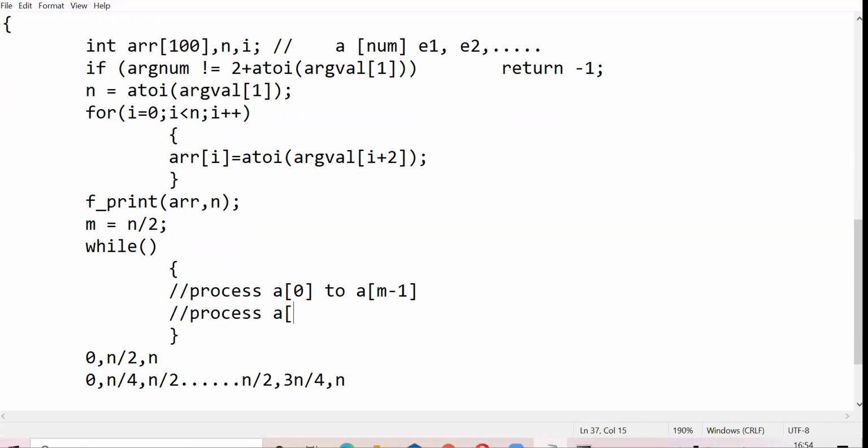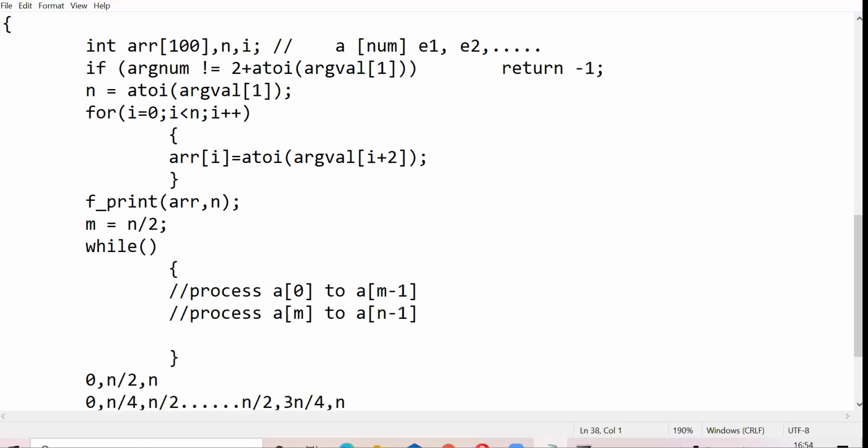Then you can process from a of m to a of n minus 1. So I'm done doing it in two halves. Next, what I need to do, what if I make m equal to m by 2?